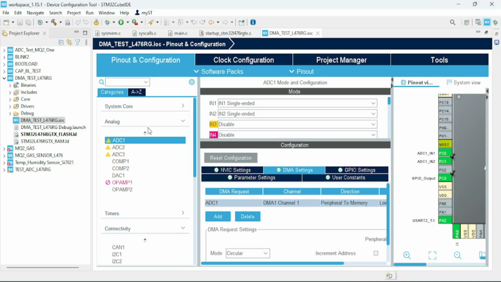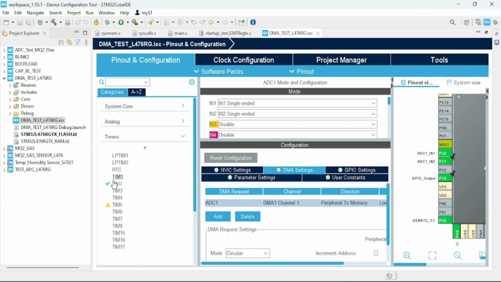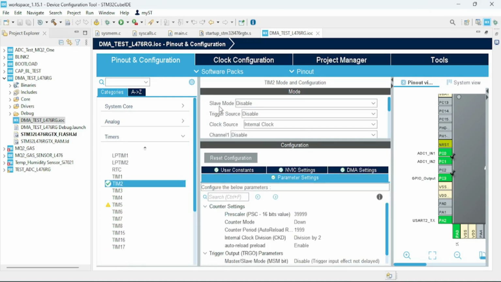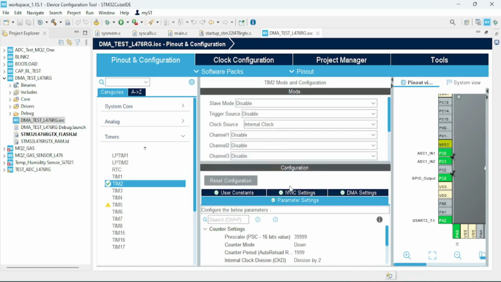In regards to our timer channel, if we go under timers followed by timer 2, we could see here that slave mode is disabled, trigger source is disabled, and our clock source is set to internal clock. Channel 1 is disabled, and channel 2 is disabled, along with channel 3. The prescaler value that we set here is a 16-bit value. This is set to 39,999. Our counter mode is down, and our counter period is at